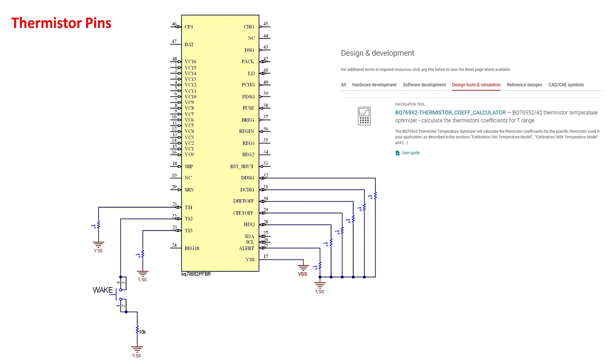Many thermistors have longer wires which can allow EMI on temperature measurements, so a capacitor in parallel with each thermistor may be beneficial. 470 picofarads is a common value used on the reference design. Too large of a value can affect the settling time when the thermistor is periodically biased, resulting in measurement error. The datasheet recommends that when using an 18K pull-up resistor with the thermistor, a capacitor less than 4 nanofarads is recommended. When using the 180 kiloohm pull-up resistor, the capacitor should be less than 400 picofarads.